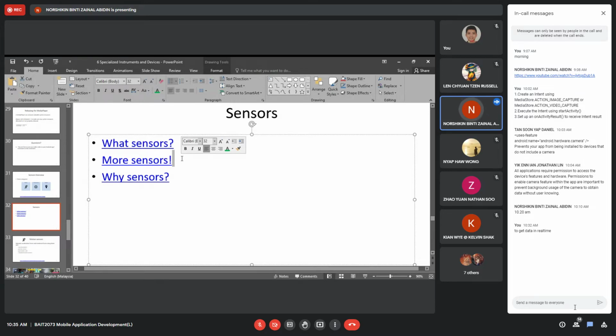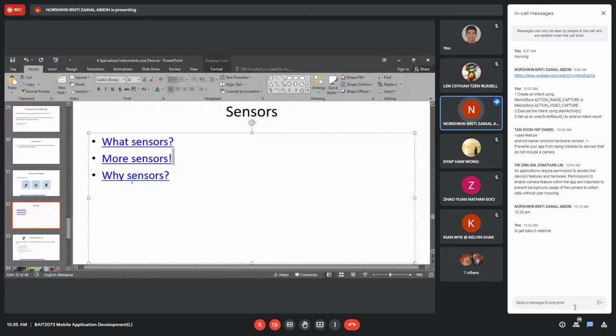Your smart home, of course, they have a lot of sensors. And then why sensor? Because sensor can be used without a human to monitor it. We go back to the simple example, the vacuum. You don't have to monitor the vacuum. They will do the work.